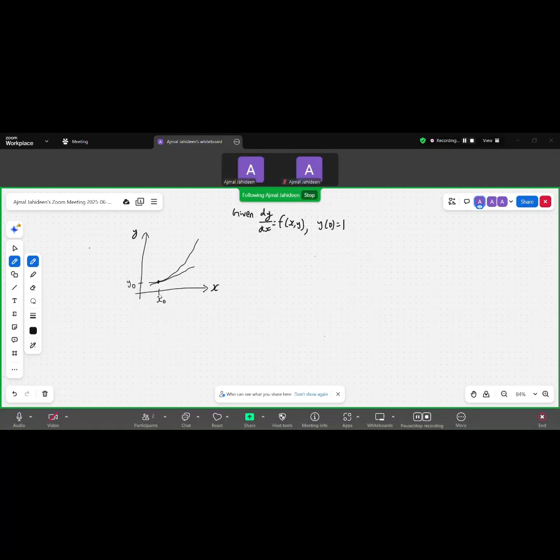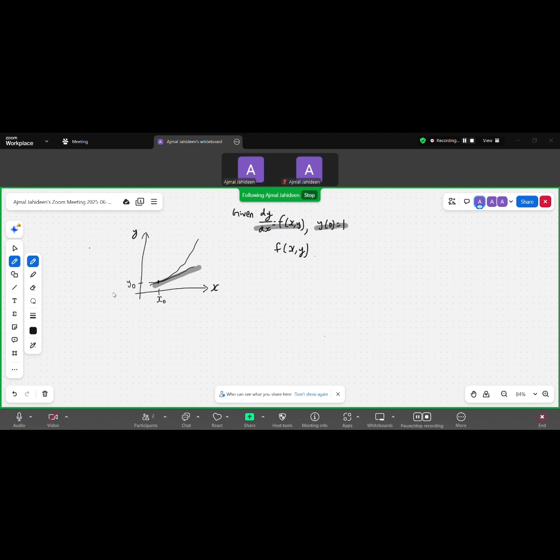We are given a differential equation like dy over dx equals f(x, y). And we are also given the starting point, for example, when x equals 0, y equals 1. That means the curve passes through the point (0, 1). At that point, we can calculate the slope using the function f(x, y). So we draw a tangent line. Now, since we don't know the full curve, we use the tangent to take a small step forward and estimate